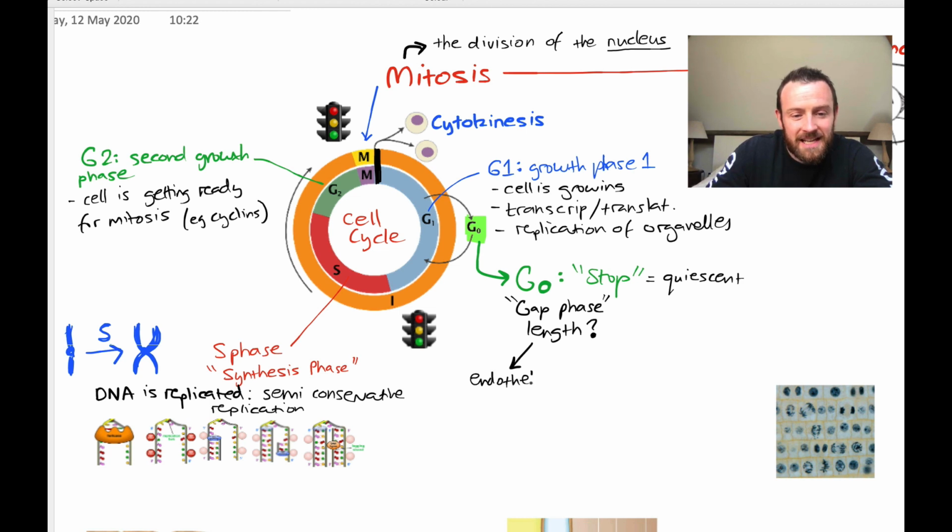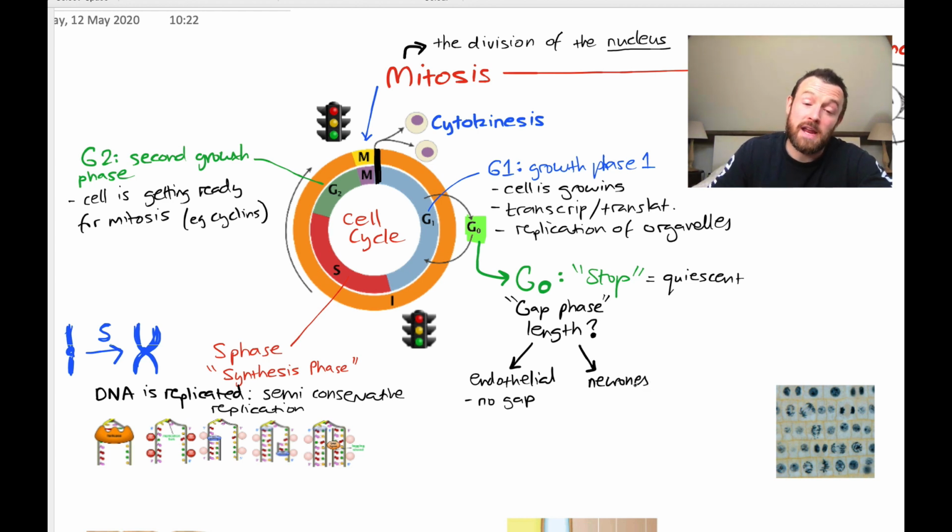And for very rapidly dividing cells like endothelial cells in the intestine. Now, in the intestine, there's food moving through your intestine all the time, and the cells get brushed away, so they constantly need to be replicated to produce more cells to replace the lining. So endothelial cells have pretty much no gap or minimal gap phase,